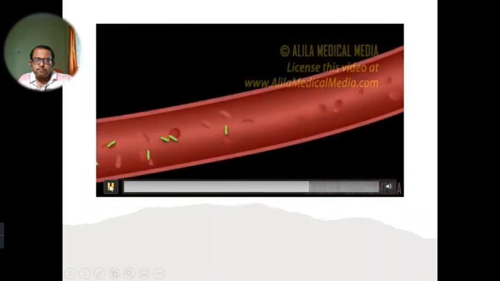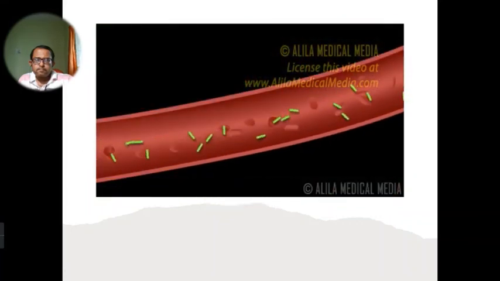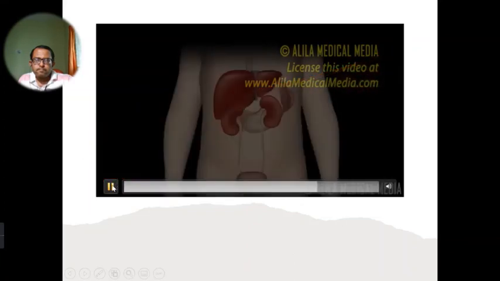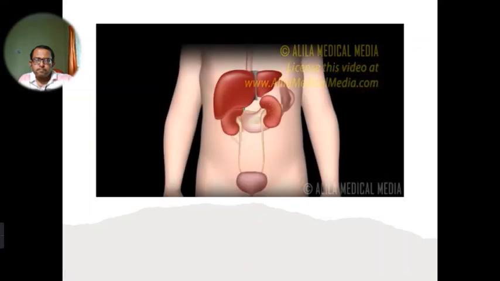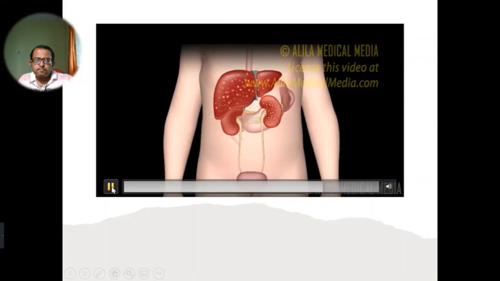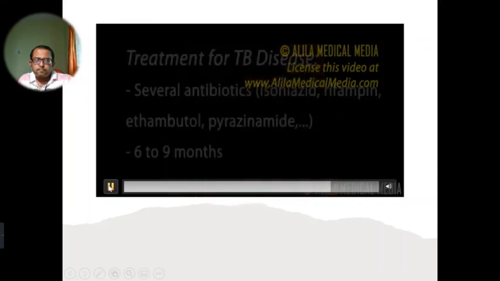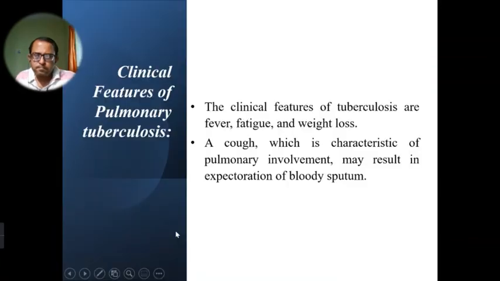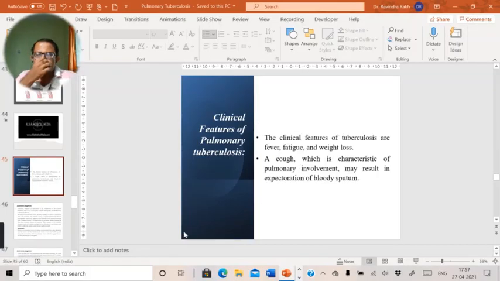In some cases, the bacteria may also spread to other organs of the body via the lymphatic system or the bloodstream. This widespread form of TB disease, called disseminated TB or miliary TB, occurs most commonly in the very young, the very old, and those with HIV infections. Tuberculosis is... So this is all about the